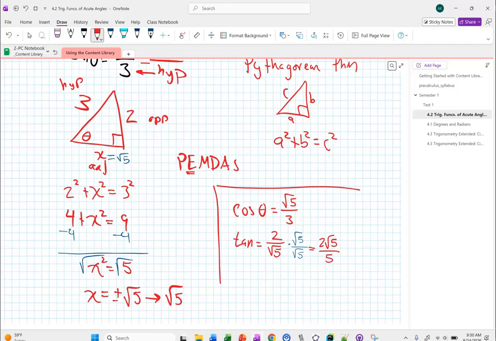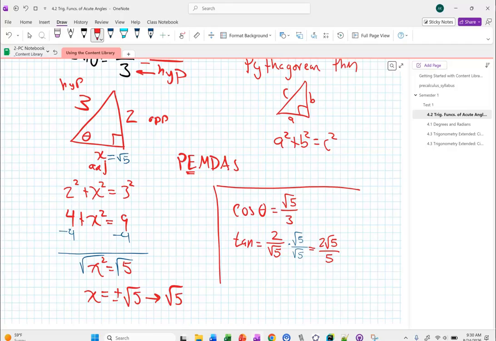We can't multiply a number inside a radical with a number outside a radical, so we just stick them next to each other. But square root 5 times square root 5 is like square root 5 squared, and the square and square root cancel, leaving just 5. Everybody okay? Now,